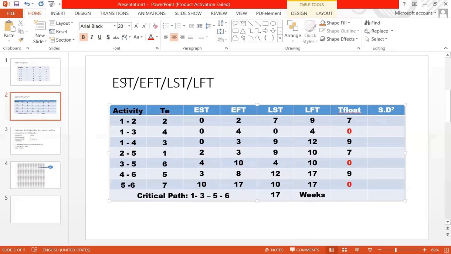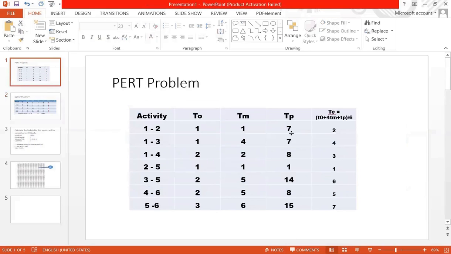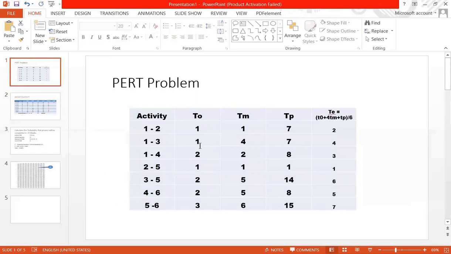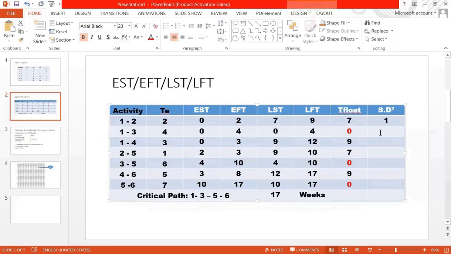Variance निकालने के लिए हमें अगेन ये वाले टाइम एस्टिमेट्स चाहिए, फर्स्ट स्लाइड में थे। तो TP माइनस TO डिवाइड बाय 6, तो 7 माइनस 1 दैट इज 6 हो जाएगा, और 6 डिवाइड बाय 6 का स्क्वायर, 1 का स्क्वायर, तो इसका वेरिएंस आया 1। सिमिलरली सेकंड एक्टिविटी पे जाते हैं, 7 माइनस 1 6 हो गया, उसका स्क्वायर 6/6 का स्क्वायर, तो अगेन इट इज ऑल्सो 1। यहाँ भी अपना 1 आ गया। दिस इज वेरिएंस SD स्क्वायर, और वेरिएंस इसको अपन वेरिएंस भी कहते हैं।